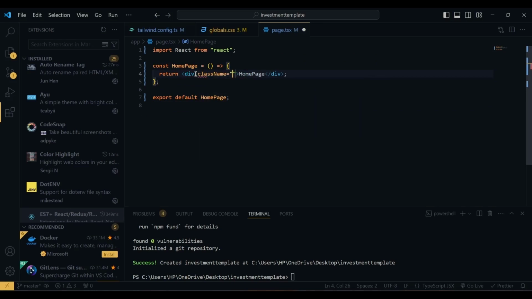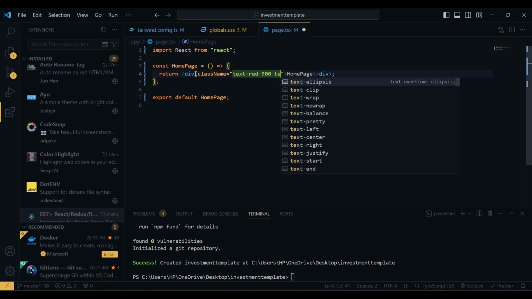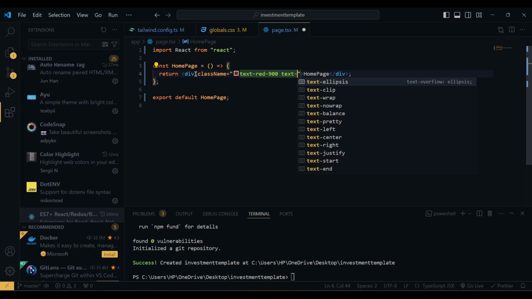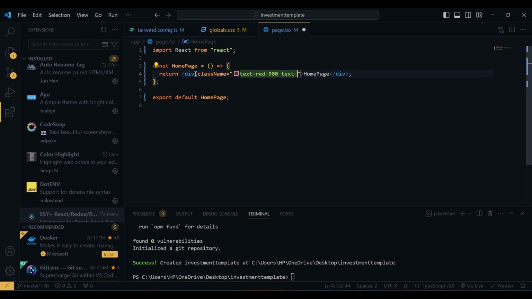I'm going to add some Tailwind class name. So first, I'm going to add text red 900 and text forty pixel,